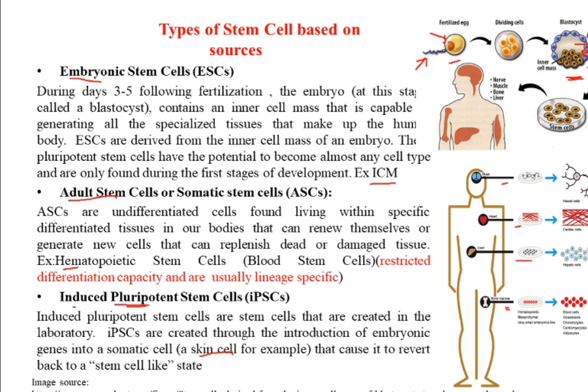When these 4 transcription factors are put into the adult cell, that adult cell gets the characteristics of a stem cell. In this experiment, in the construction of an induced pluripotent stem cell, they have converted the skin cells into induced pluripotent stem cells, and this induced pluripotent stem cell is further differentiated